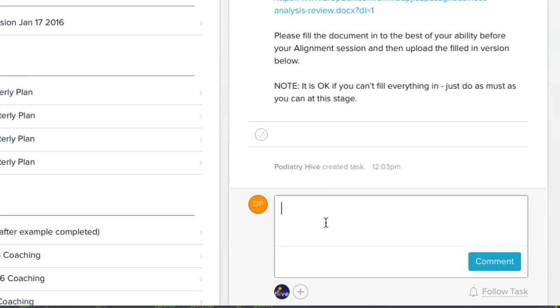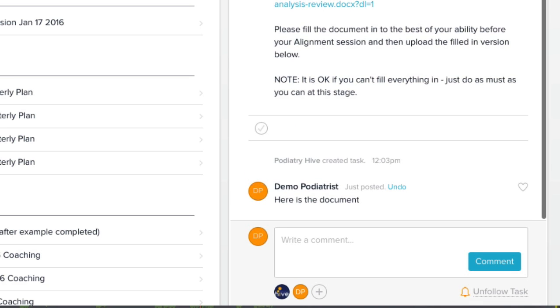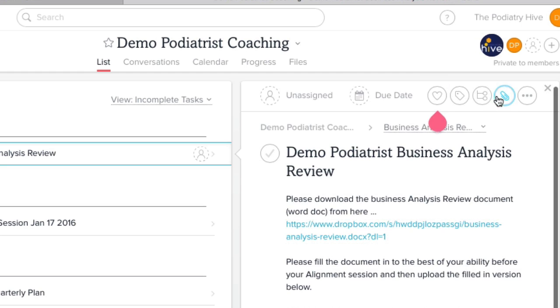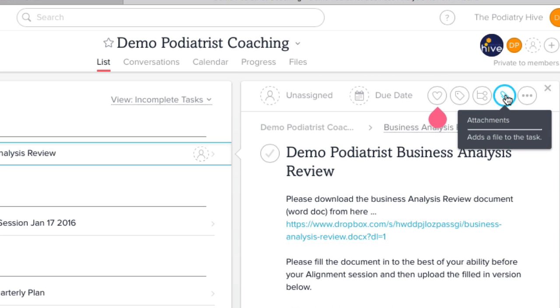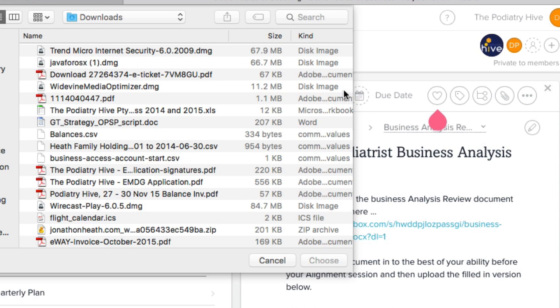So if I then came in, I would say, here is the document, and then I would click the attach button, which is up here. It's a picture of a paperclip, add a file, attach from my computer,